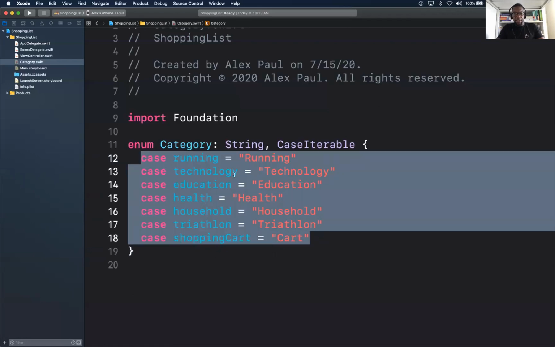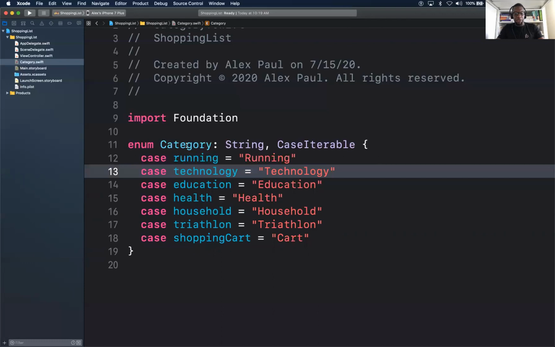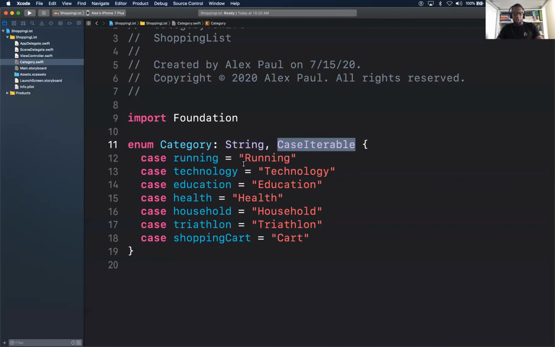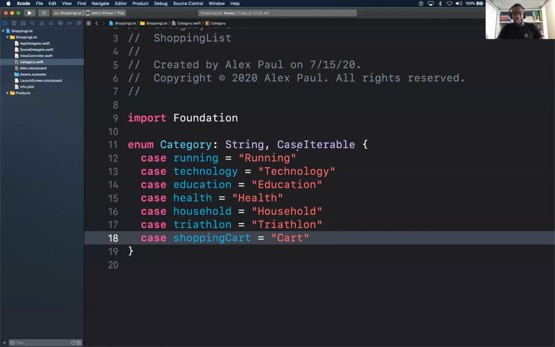We're not hard coding any sections. There's nothing there. So what this category is going to do, as Mr. Bien said, we could just say category, give me how many sections you have, right? And if you do not have case iterable, you cannot do this. You'd have to add an extra case and do some extra coding yourself to handle that. But since Swift 4.2, I think, we have case iterable here.